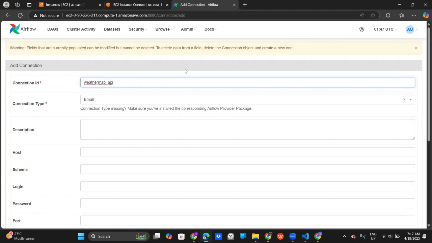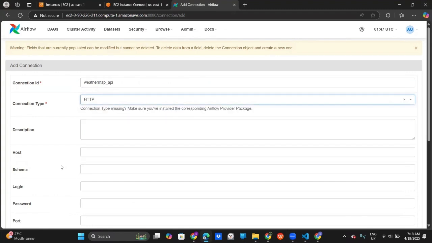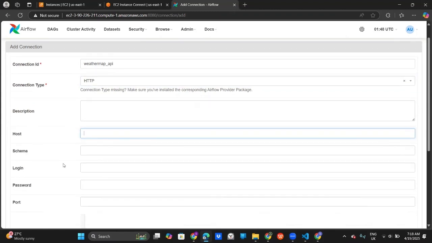I guess it's correct. And then the connection type is HTTP, because that's an HTTP request. So the connection type is HTTP. And then I need to provide the host. So for the host, do you remember